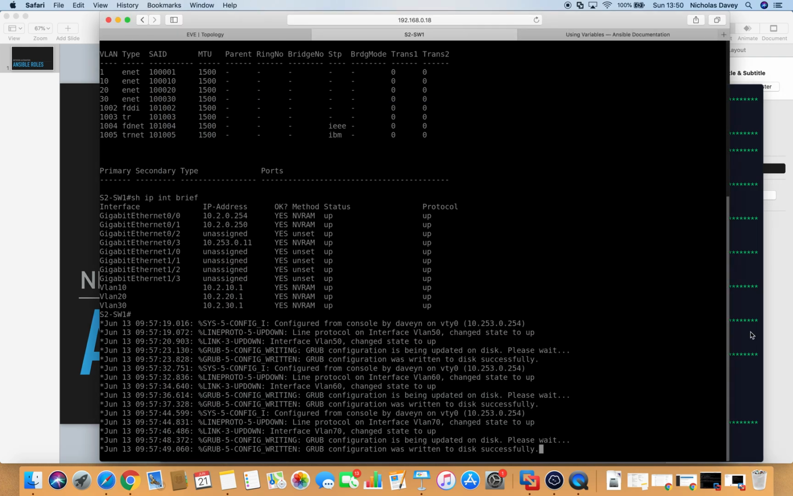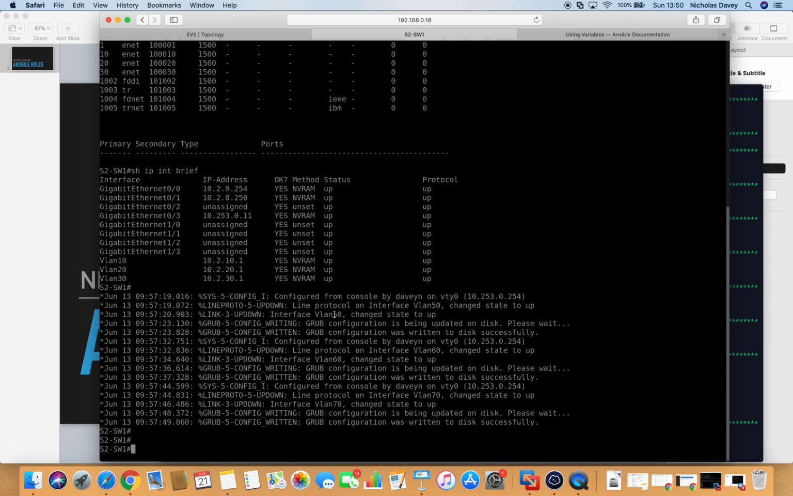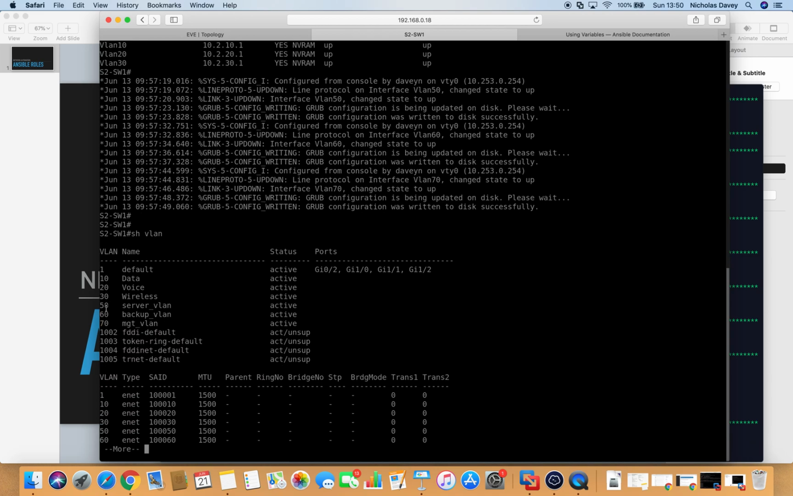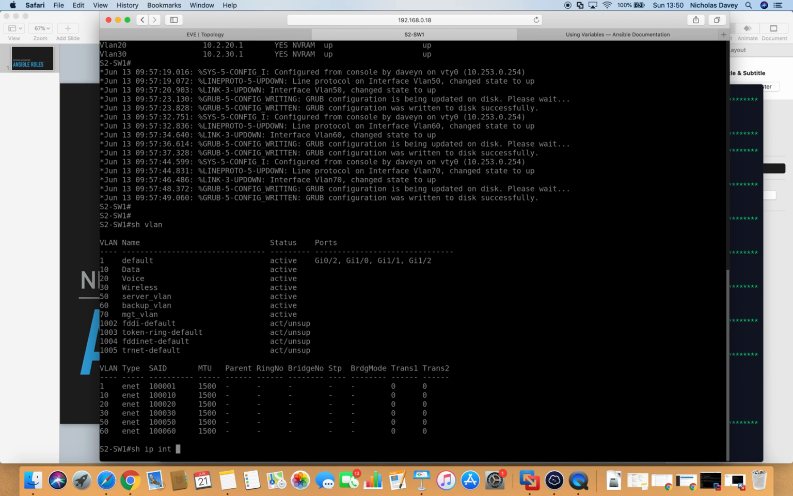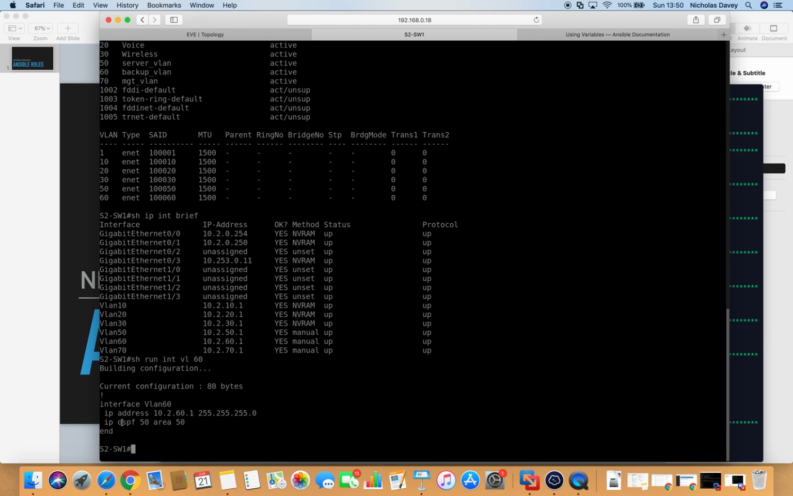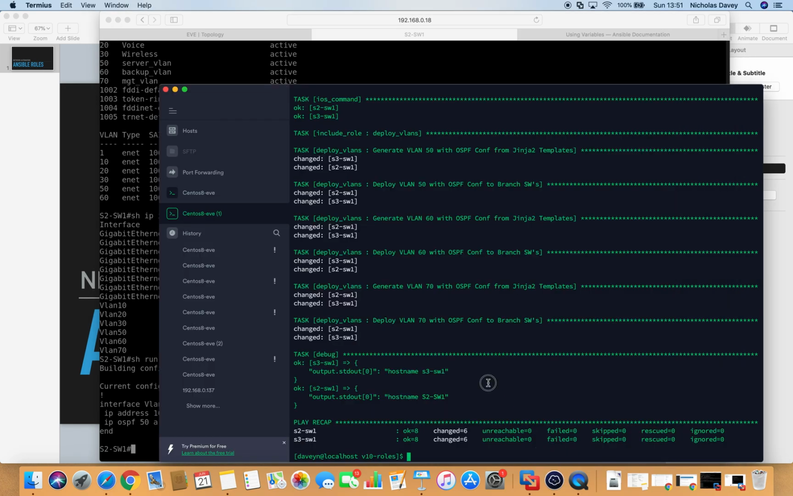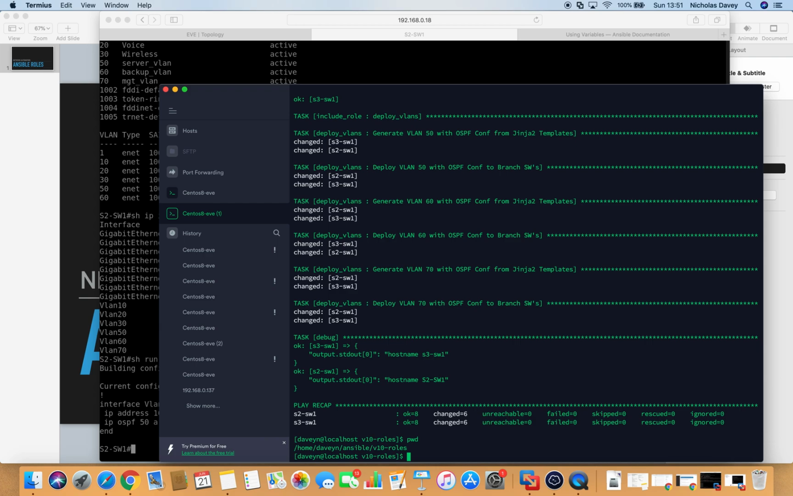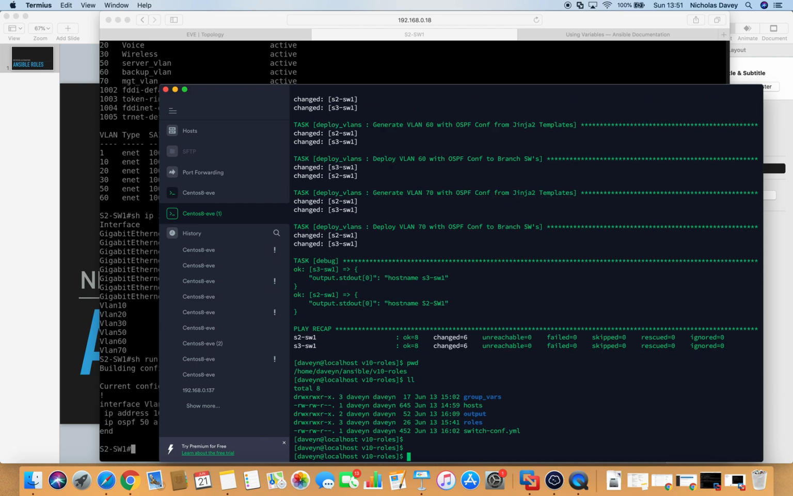So now when we go into our switch, we can see we're getting the messages that VLAN 50, 60 and 70 change state to up. And just to verify, we now have those 3 extra VLANs, show IP int brief, and we have our 3 SVIs which will be included in our OSPF process. So we can see here that they're in IP OSPF process 50 area 50, and that concludes my video on roles,